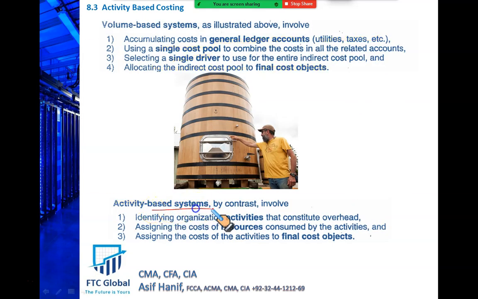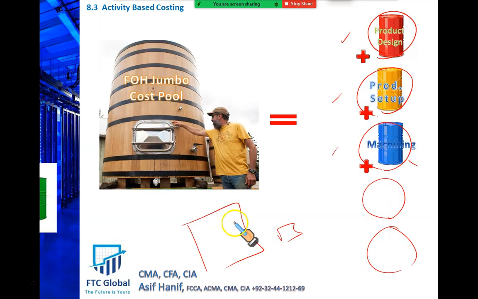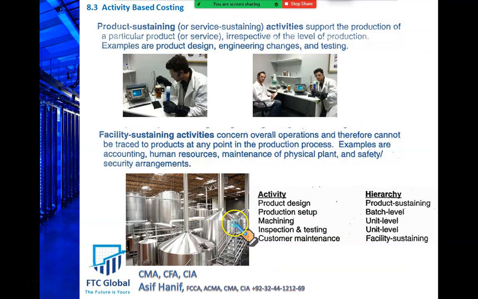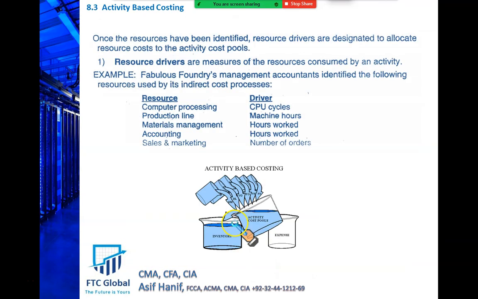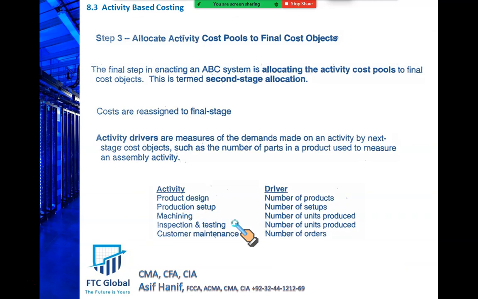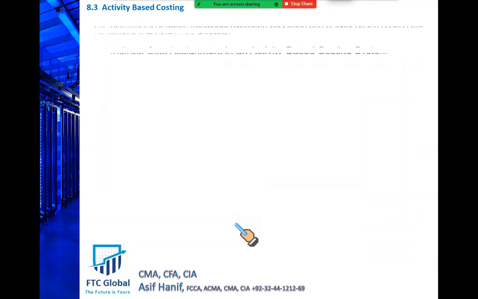So what we do in an activity-based cost system is identify the different activities that go into the production process, that constitute our overheads. What are the activities? Rather than indirect material, indirect labor, factory operating cost or depreciation, we identify the different activities that make up our overheads. Then we assign cost to the resources. Let me explain to you with the help of a complete blueprint of activity-based costing. There are two steps of allocation. Let me explain this, and then we'll come back.